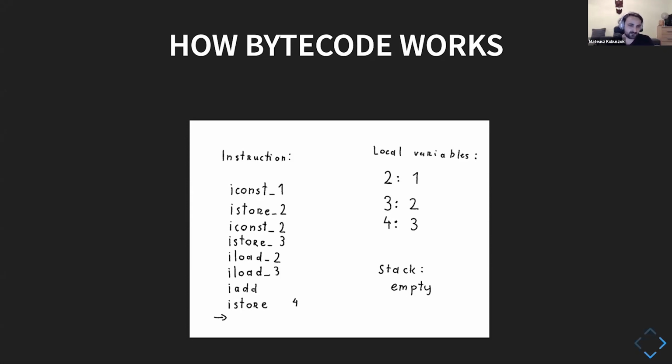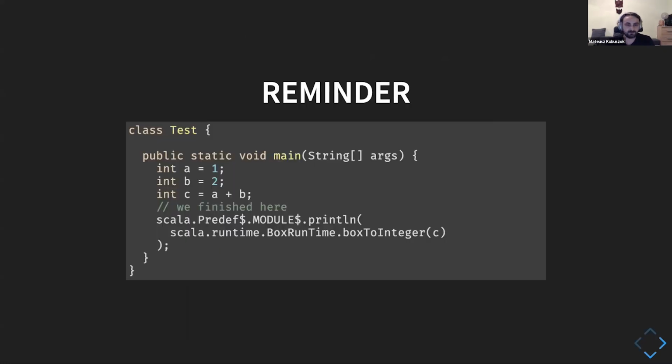So far it was simple. It basically showed us that each of those instructions is very, very simple. We have a stack that we are using to hold the intermediate results, and that all the instructions are working on. And we have local variables that we usually aren't using directly. If we want to use any of those values, we have to move them to the stack so that they will be available to the instructions of the JVM bytecode. So this is where we are right after those first three steps.